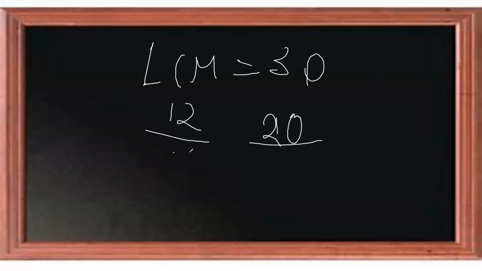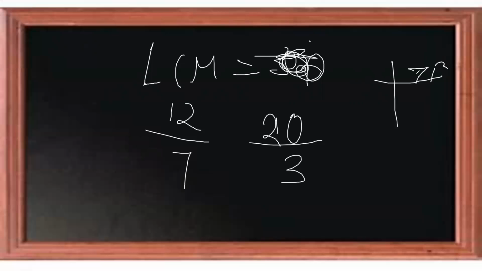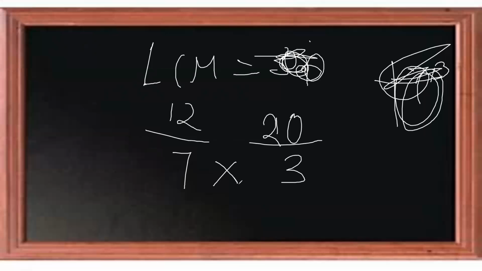So if you got the LCM, first let's take the correct LCM. 7 and 3. Both are prime numbers, so we can simply multiply them. 7 and 3 both come in their table only, so 7 threes are 21. So if you got the LCM that is 21, you cannot just do simply 12 upon 21. For making it a like fraction, you need to follow the equivalent method or the second method I told you.